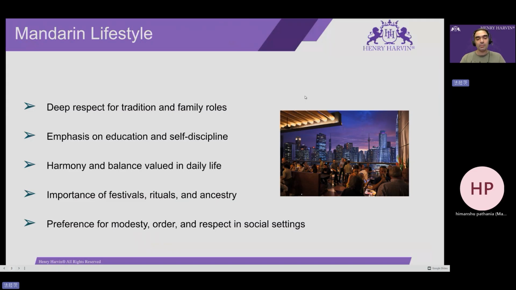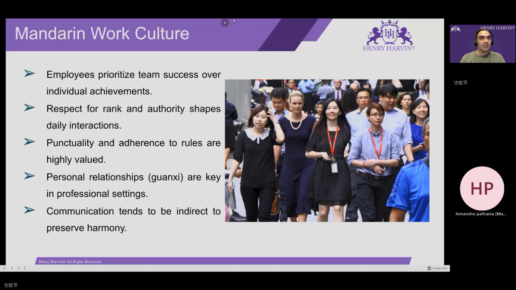So these are also some of the important aspects of their daily lifestyle. So next we will talk about the Mandarin work culture. Employees prioritize team success over individual achievements. So individual achievements are not really as important as the team success as a unit. So this is also an important aspect of the culture. And respect for rank and authority also shapes daily interactions to be more equally balanced in their